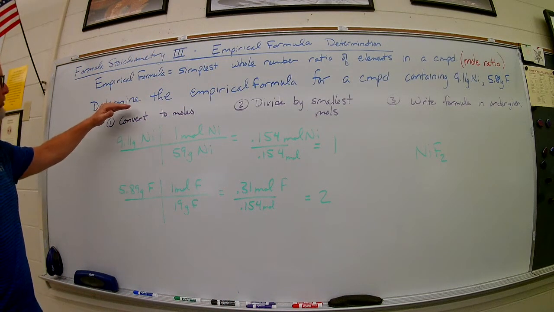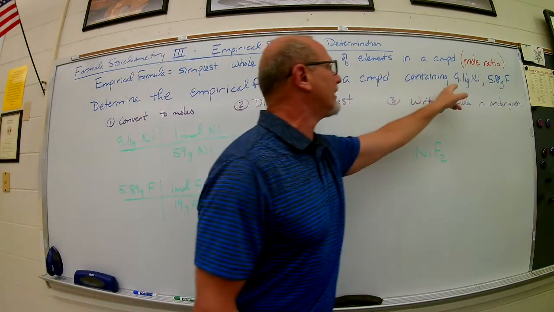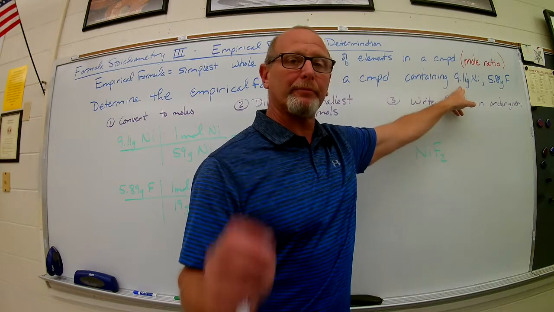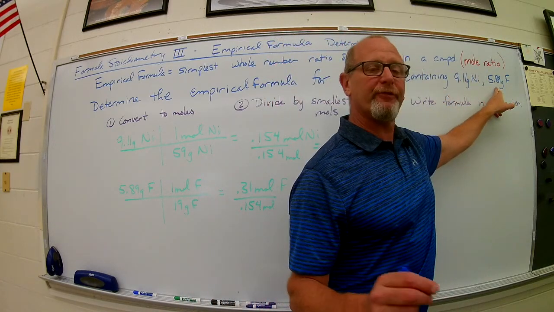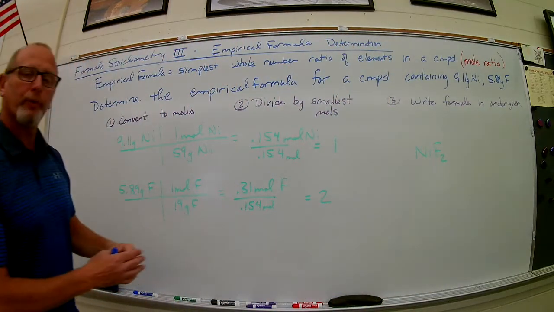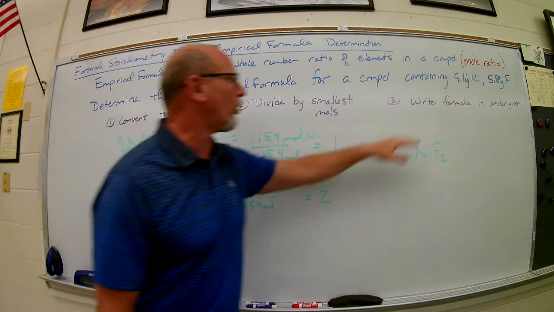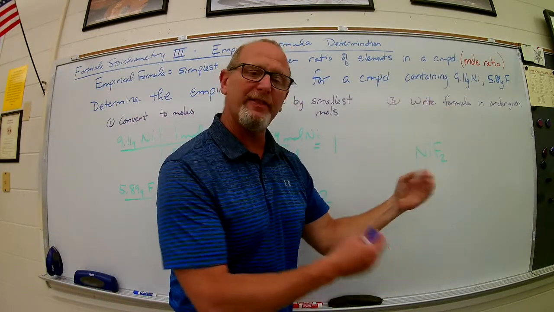So let's look at our question. It says determine the empirical formula for a compound containing 9.11 grams of nickel and 5.89 grams of fluorine. So I'm just going to do 3 easy steps. Convert it to moles, divide by the smallest number of moles, and write the formula in the order in which